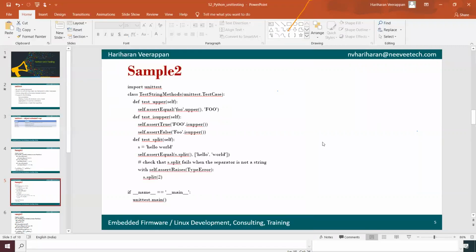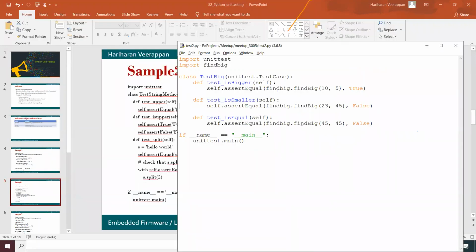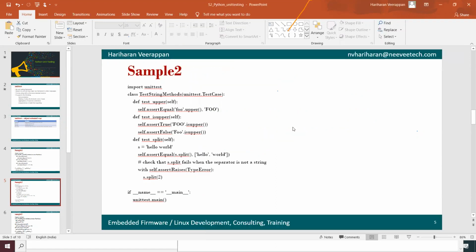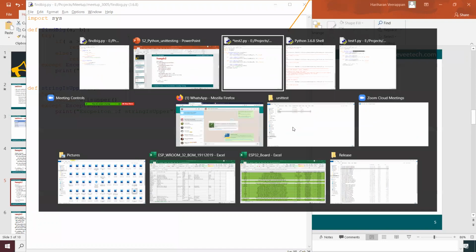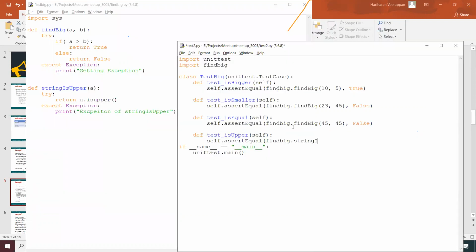Maybe we can do that with the test case. Define test_is_upper of self, and self.assertEqual, findbig dot the function string_is_upper, with maybe Harry as the test case.